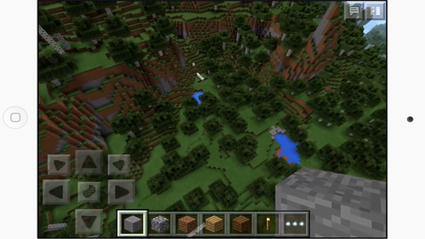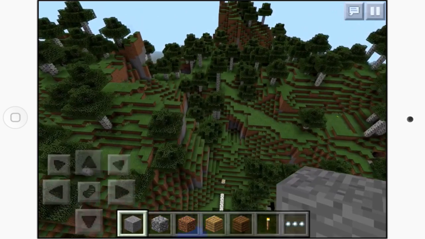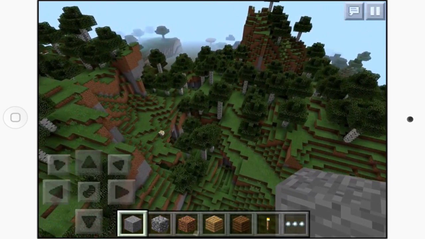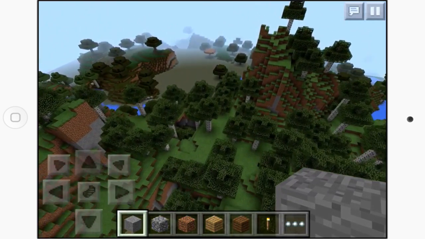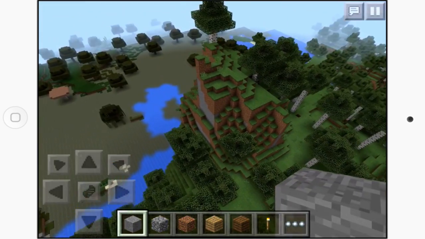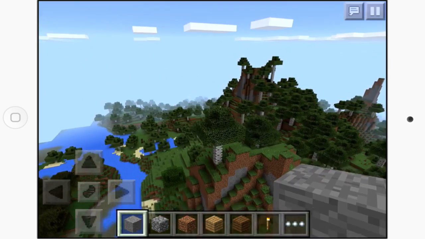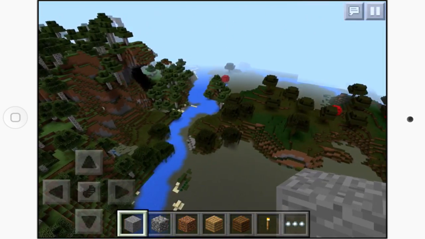We've got a fallen tree over there. Mushroom growing on it. But yeah, as you can see, it's just an awesome terrain area for whatever you may want to build on these crazy, awesome floating islands here. And another island over there, okay. So, as you can see, these are definitely the best of the best floating island seeds,